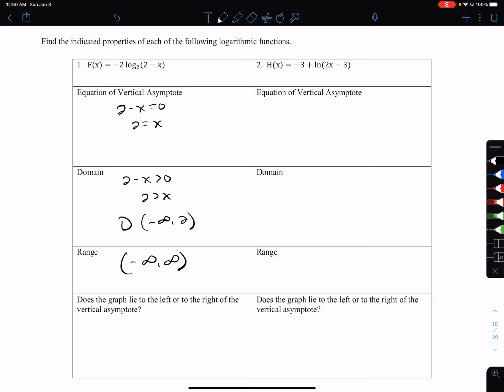Does the graph lie to the left or to the right of the vertical asymptote? There's a couple reasons that we know it's to the left. One, if we get the domain right, this is telling us it's to the left of the vertical asymptote. Another thing is the parent graph lies to the right, but here we are multiplying the x inside by a negative, which is a horizontal reflection, which moves it to the left. So to answer the question, the graph of f of x lies to the left